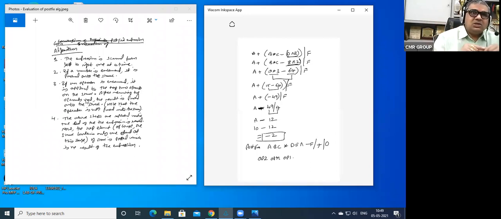When you reach the slash 0, ultimately you should have only one operand, one value, in the stack, and that is your result. Okay, so let us take this same example and do it using the stacks.